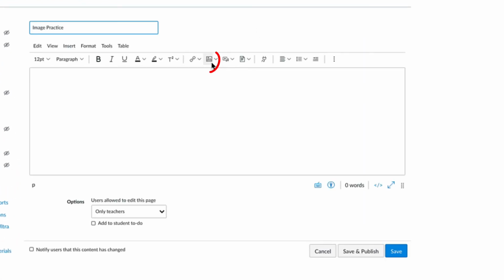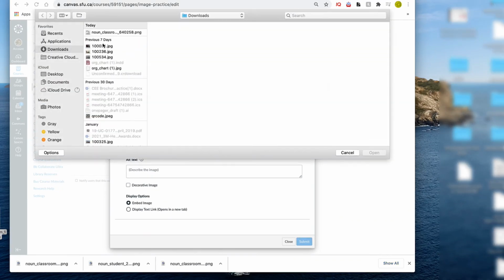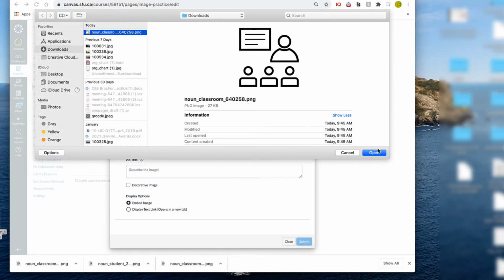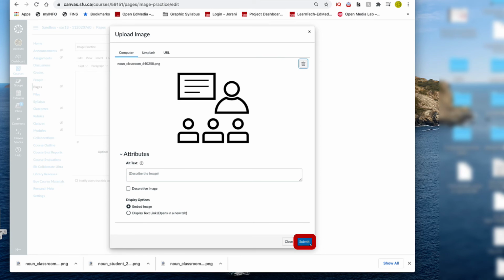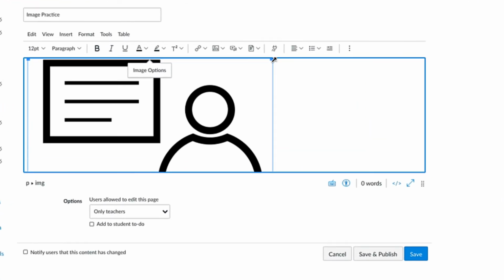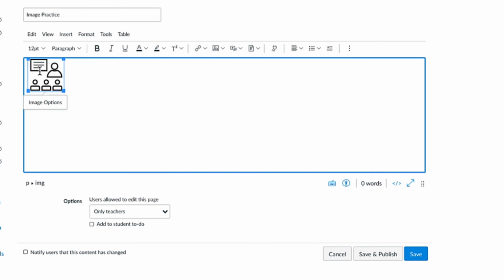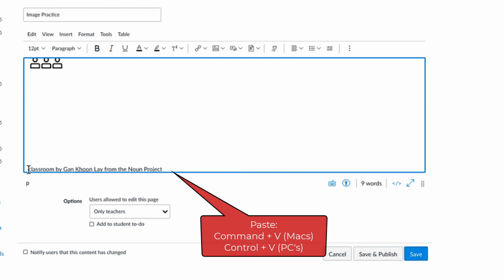I'm going to hit Edit, and in the Edit window, you just hit Image Embed button, upload your image from your desktop, and once you have it, because I didn't include the words, I'm going to shrink it down to under 100 pixels. Of course, if you want to include the words, you don't have to do this part. You can keep it larger, and I'm just going to hit the paste button,